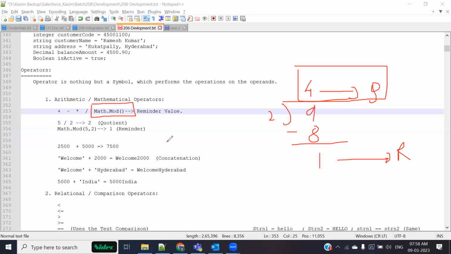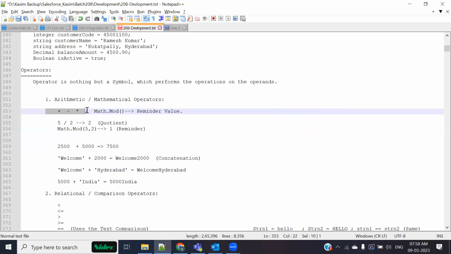Never. All right. So Math.mod. Math is a class, a standard class. Mod is a method. We're going to see what it is. But right now, if you would use this for division, it would give you remainders. We're going to have practice programs on this, and we're going to see that. All right. So these operators are called arithmetic operators: plus, minus,